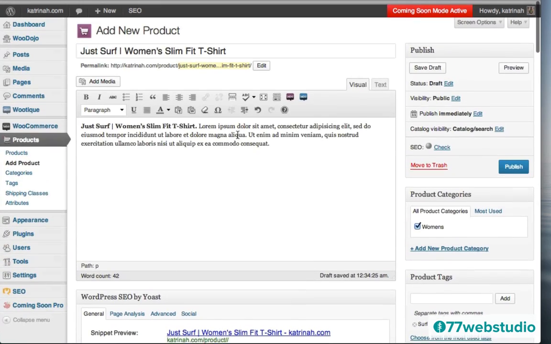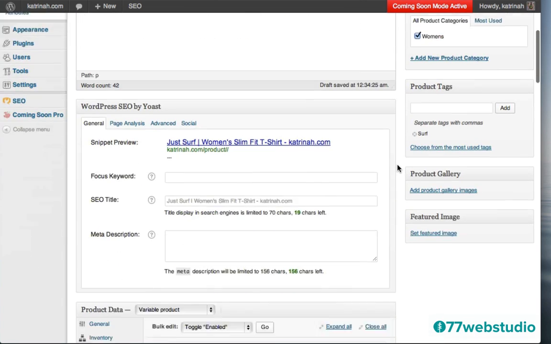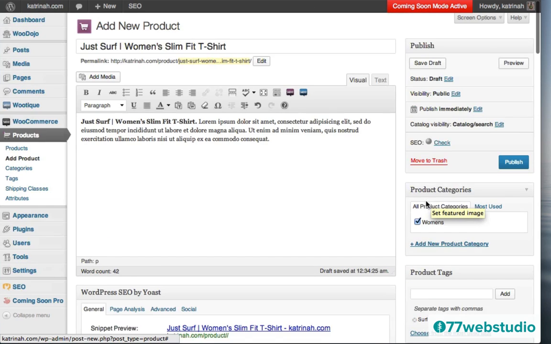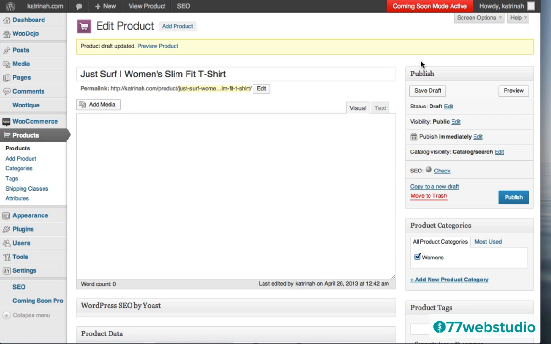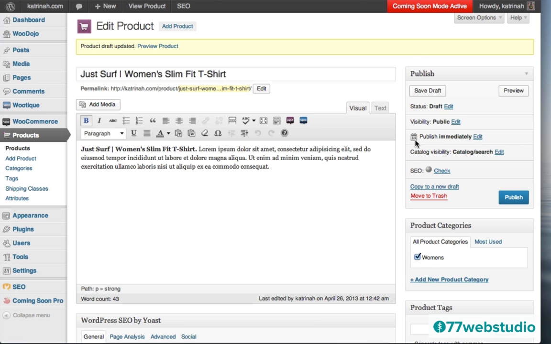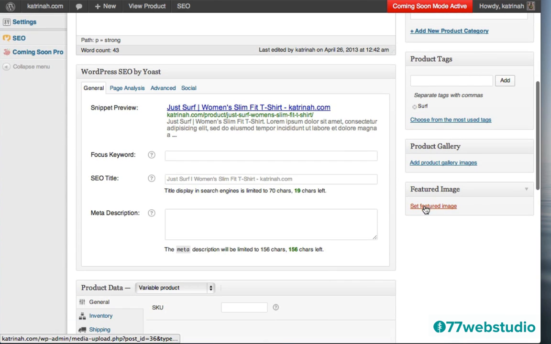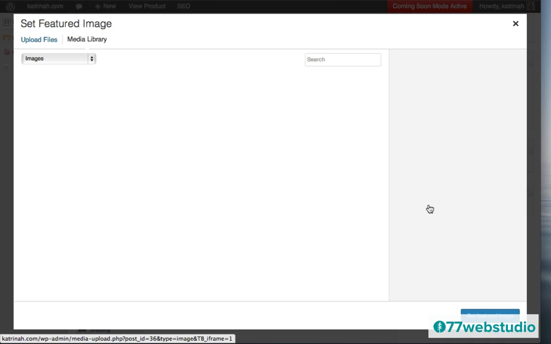So now just scrolling up, the last step here that we need to do, as we did before, is we need to set the featured image. But actually before I do that, just to save everything that I've created so far on my variations, I'm going to click on Save Draft to save my changes so far. Okay, so the draft version of this particular product has been saved. Now I'm just going to continue by setting the featured image by clicking on the Set Featured Image link.